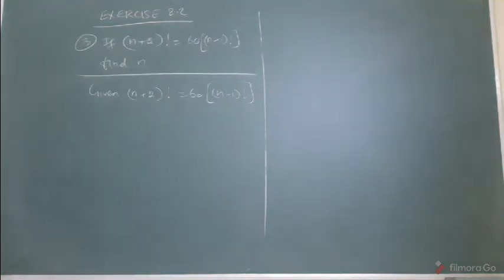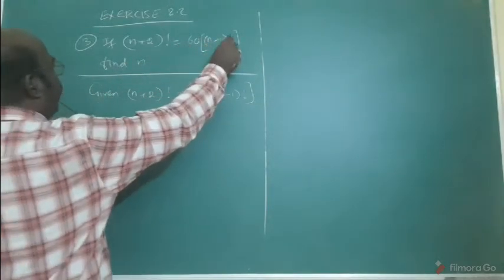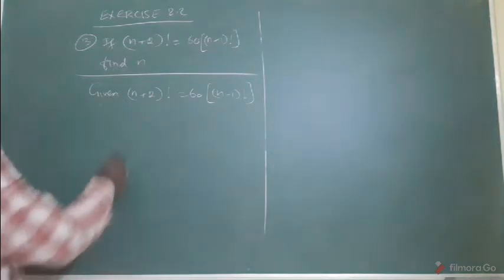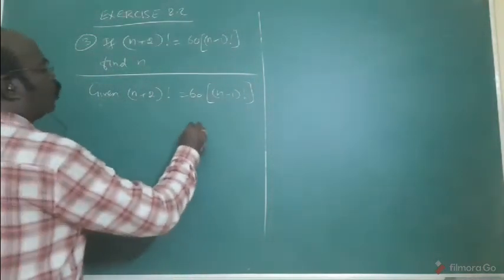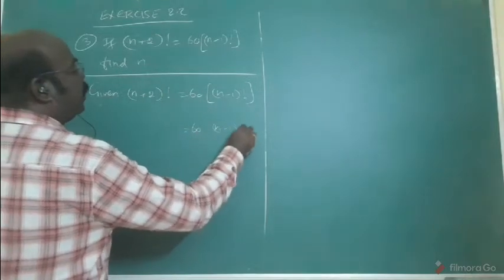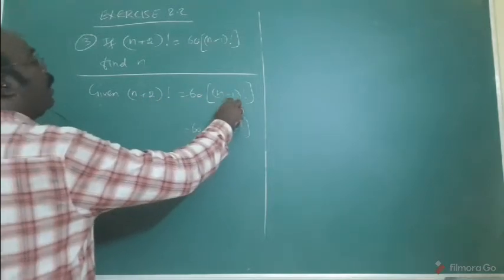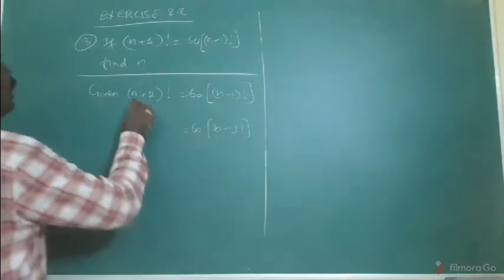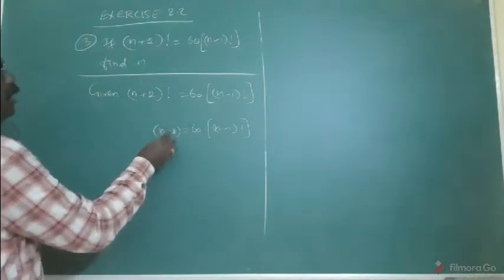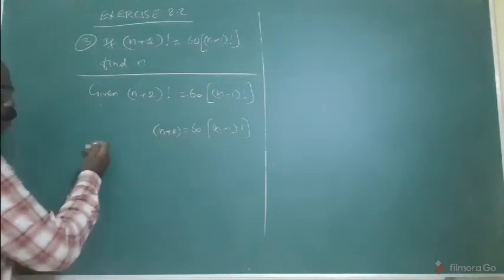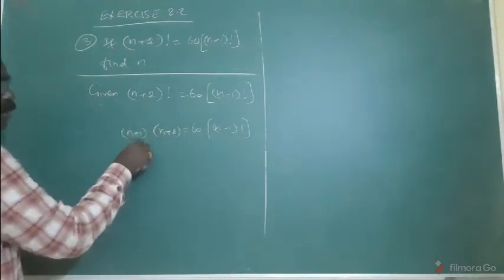Now, third question. N plus 2 factorial equal 60 into n minus 1 factorial. Find n here. Write the given quantity. What is also n asked? Usually what I told you, small numbers are fixed here. N minus 1 factorial is the small number. Comparatively, n plus 2 factorial is bigger, n minus 1 factorial is the small number, that's why it is fixed. The n plus 2 can be written as n plus 2 without factorial. What is the previous number? Reduced by 1. N plus 1 minus 1, that is what? N plus 1. This also without factorial.